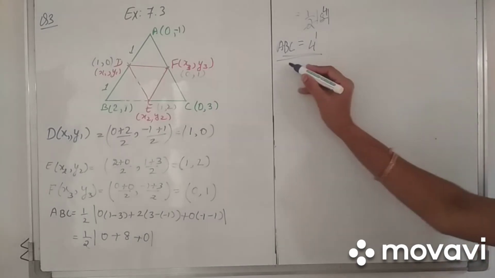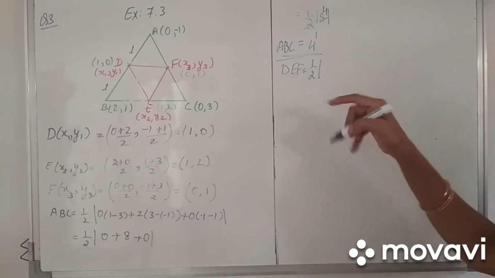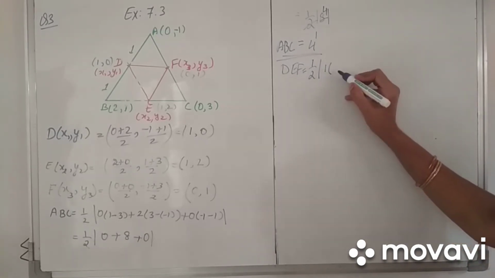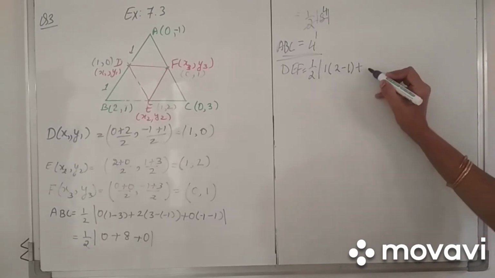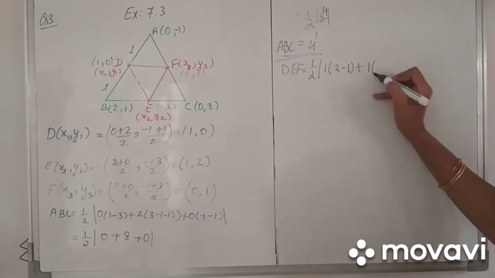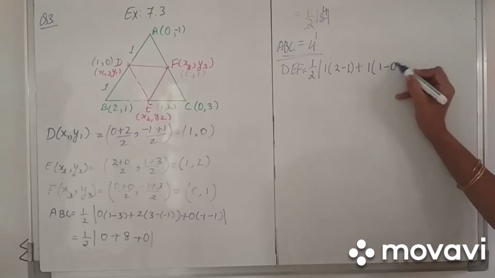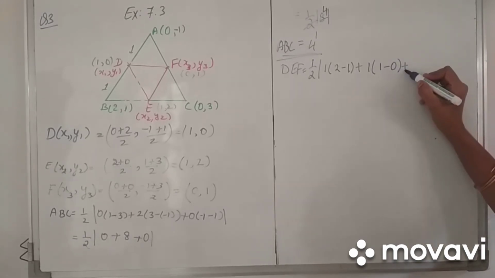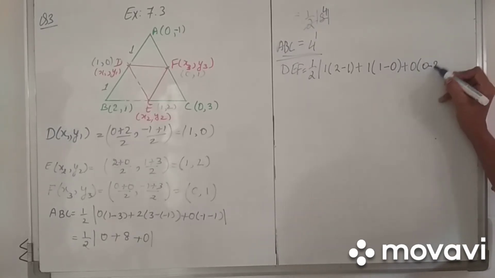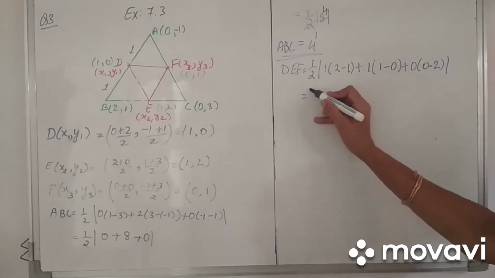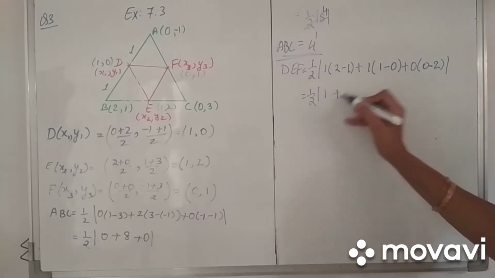Same way for DEF also we will find it out. Half into mod of 1 into (2 minus 1) plus 1 into (1 minus 0) plus 0 into (0 minus 2), modulus sign. So it will be 1 only, 2 minus 1 is 1, 1 multiplied by 1 is 1 plus